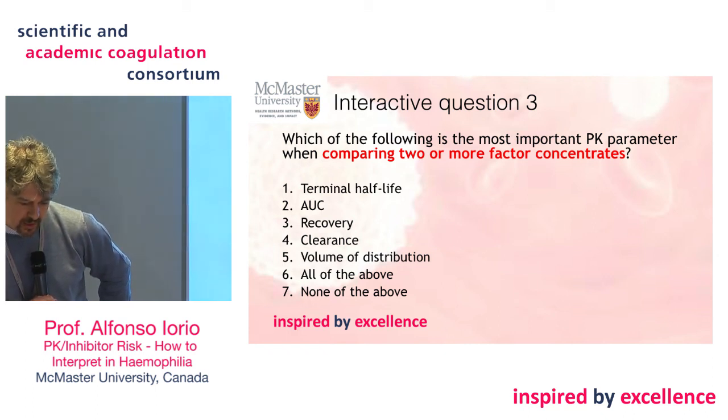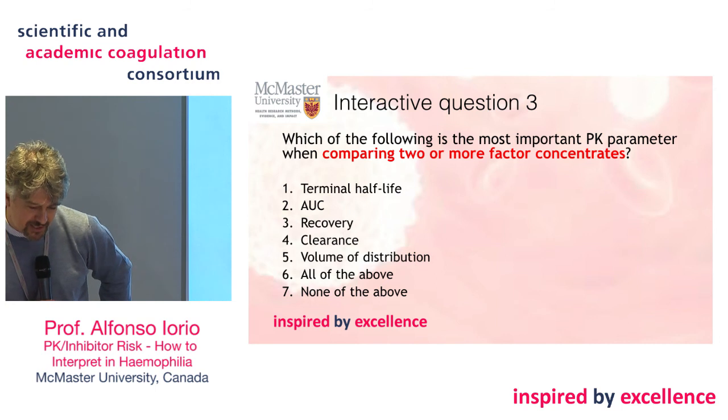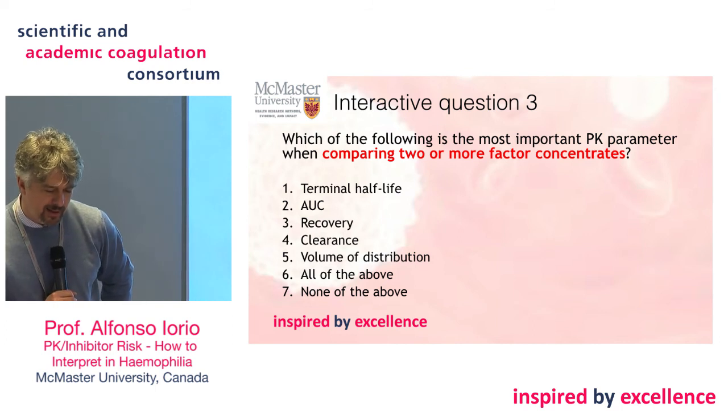There is more uncertainty here. For sure not the one above. You all realize you can't use all of these in clinic. You are good physicians. Terminal half-life seems to be the winner, followed by clearance, and someone wants to use more than one. Okay, now